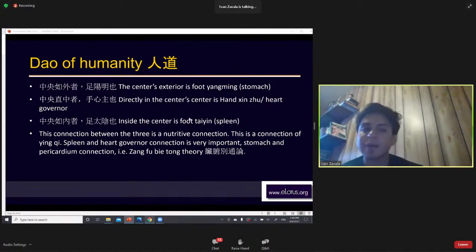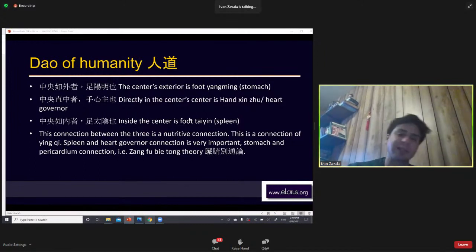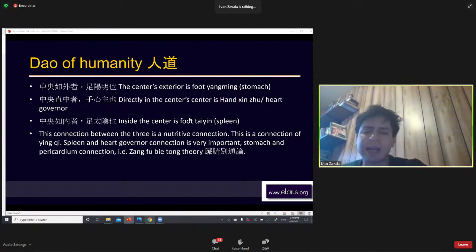And then the inside of the guan is basically foot Taiyin, the spleen. The connection between the three is a nutritive connection. This is a connection of yin qi. Spleen and heart governor connection is very important. Stomach and pericardium connection per Sanfu Biantong theory that Yang Weijie, for example, has propagated, one of the Dong disciples, right? Of course, he got the idea from people like Wu Qian,